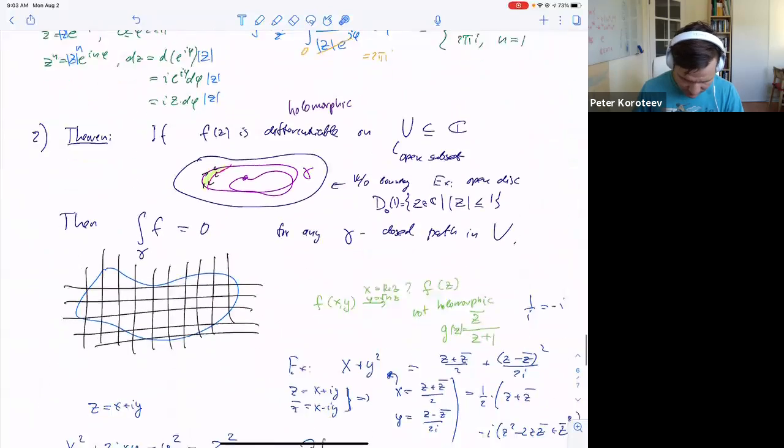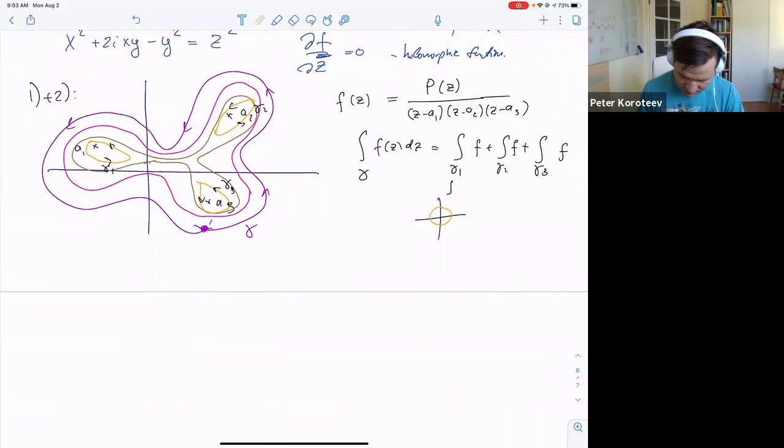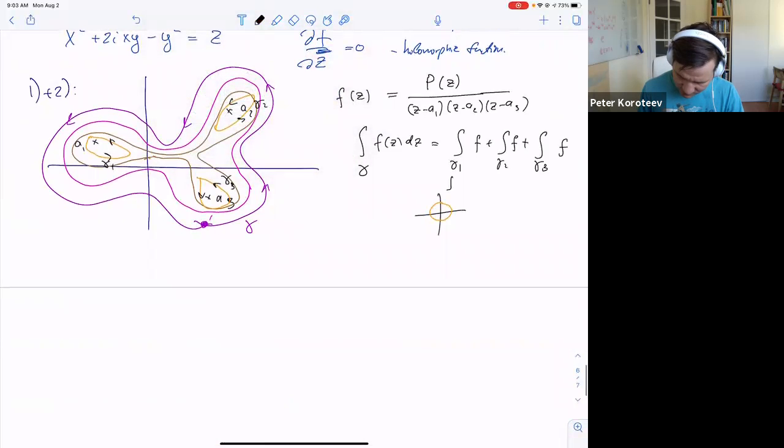Okay, and because of that, what is the answer equal to? Essentially each of those three integrals will be narrowed down to an integral over a small circle around the respective singularity. So for example, here you would do a little loop around A1, here a little loop around A2, and here a little loop around A3. So what is the answer? Let's consider one of them. Let's do gamma 1. So the integral over gamma 1 of f of z. What is it? So inside gamma 1,